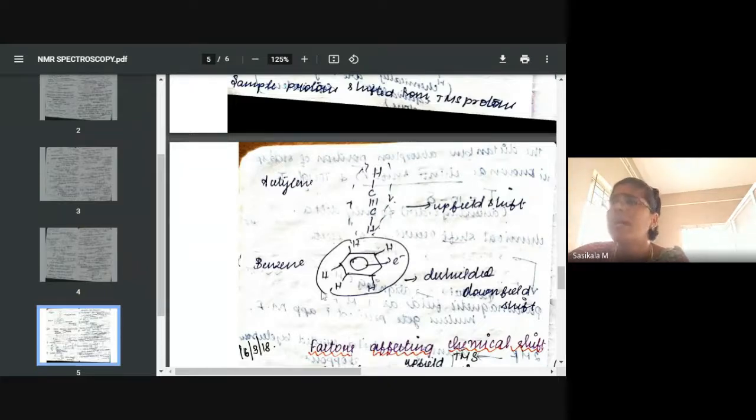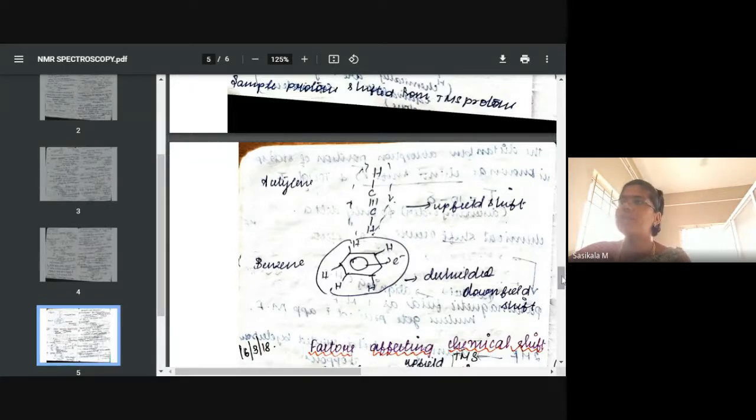Okay, and like that in an aromatic compound, in benzene, where pi electrons are present inside the ring, the diamagnetic field is created inside the ring only. All the protons create their primary magnetic field outside the ring. So they do not fall inside the diamagnetic field at all. So all the protons are de-shielded protons in an aromatic compound. So it will be appearing towards downfield shift. So this is about chemical shift, and it appears due to the shielding and de-shielding effect.